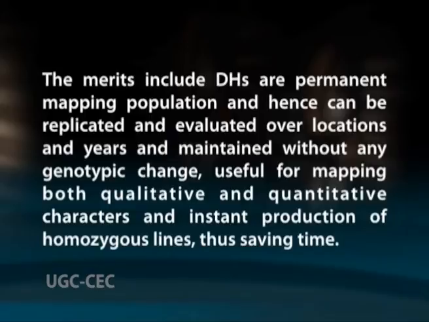The merits include that DHs are a permanent mapping population and hence can be replicated and evaluated over locations and years and maintained without any genotypic change. They are useful for mapping both qualitative and quantitative characters, and give instant production of homozygous lines, thus saving time. The demerits include that the recombination from the male side alone is accounted for, so it involves in vitro